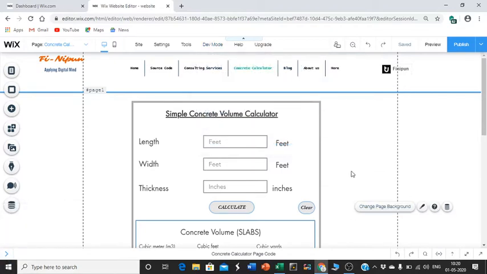Now, let me explain. All these are text elements, which I'll explain to you in detail.